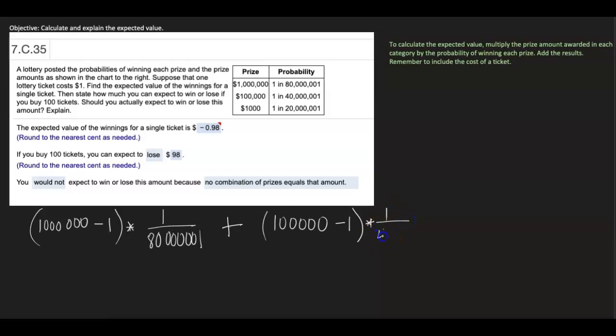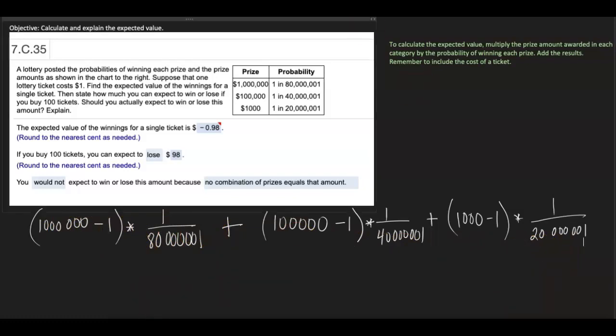1 over 40,000,001. And then we will add to that this last category, and subtract the $1 ticket times the probability 1 over 20,000,001, its probability. Okay, so at first that looks like maybe this is the entire expected value, but there is